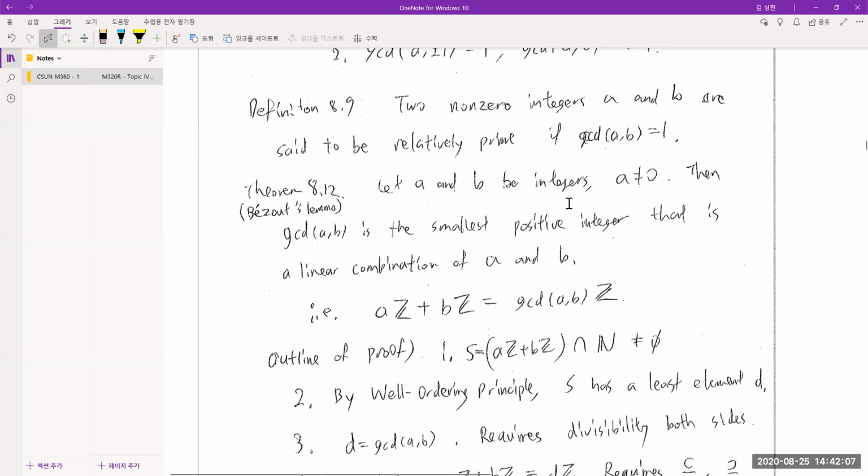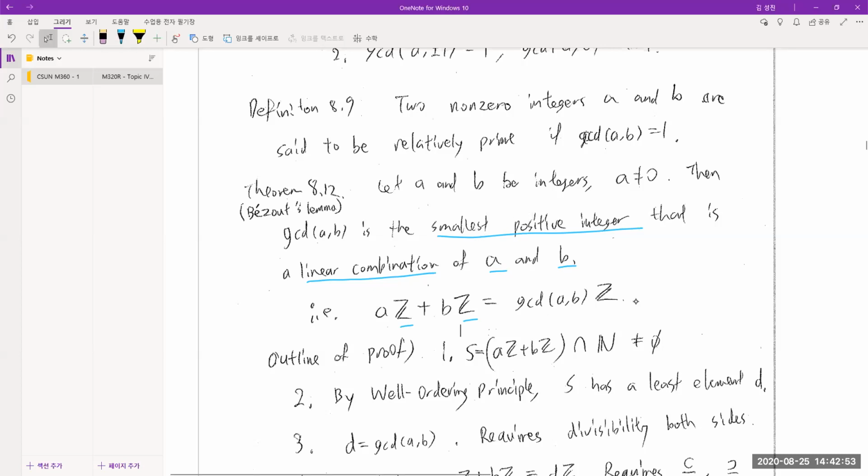A and B are integers with, let's say, A is non-zero. Then GCD(A,B) is the smallest positive integer that is a linear combination of A and B. This linear combination is with integer coefficients. So the set notation of Bézout's lemma is AZ, the multiples of A, in addition to BZ, the multiples of B, equals the GCD of A and B